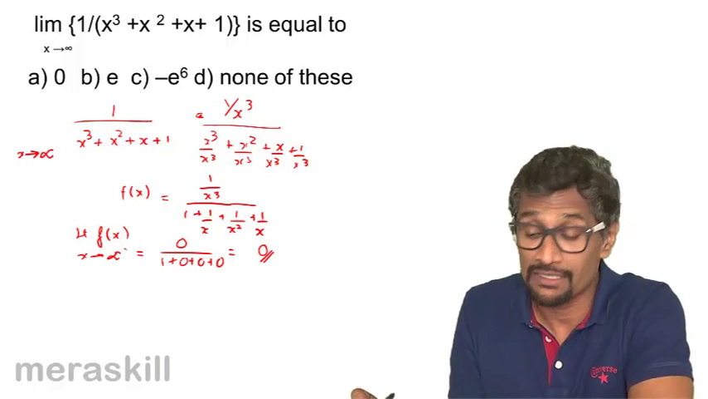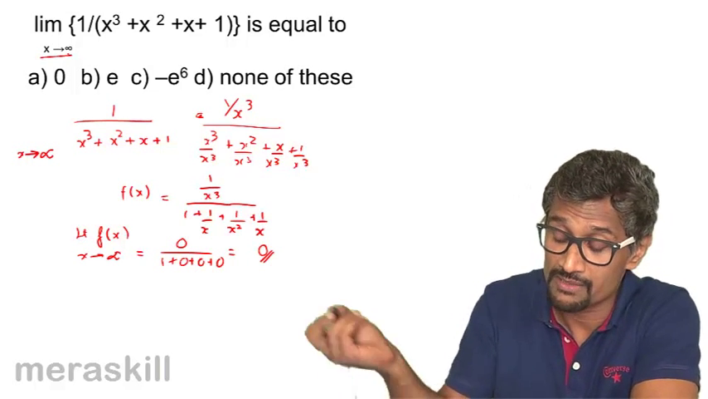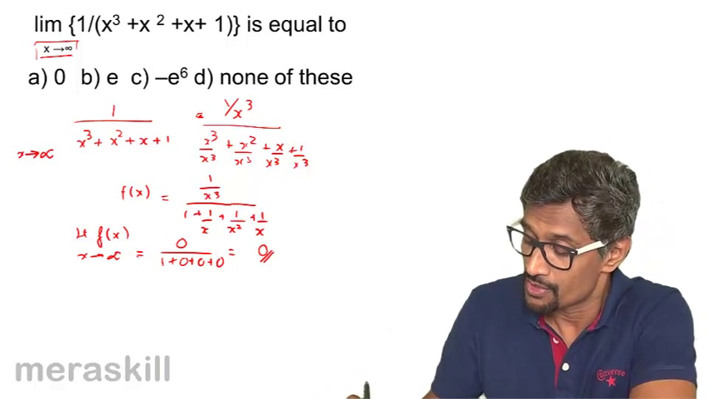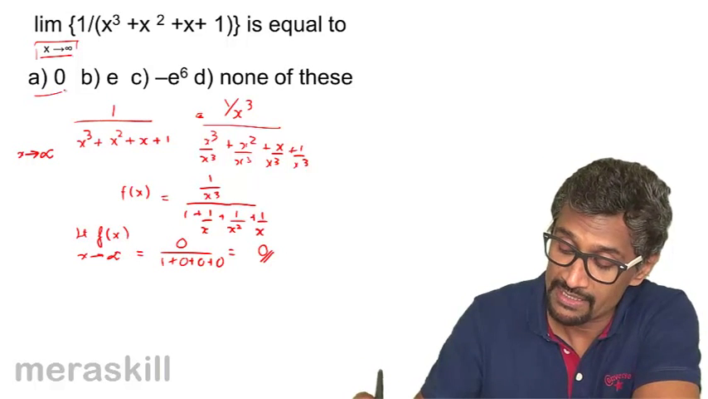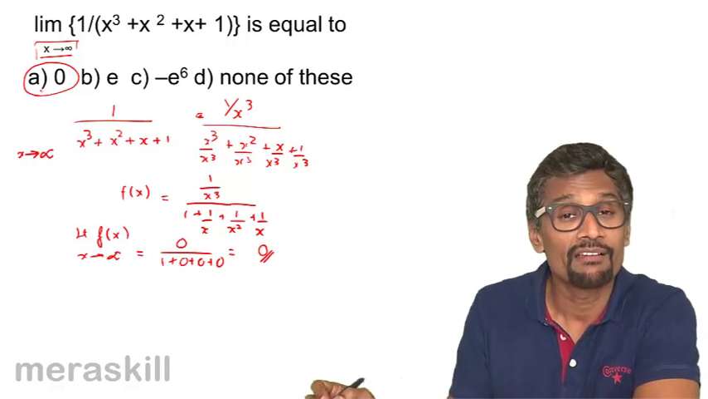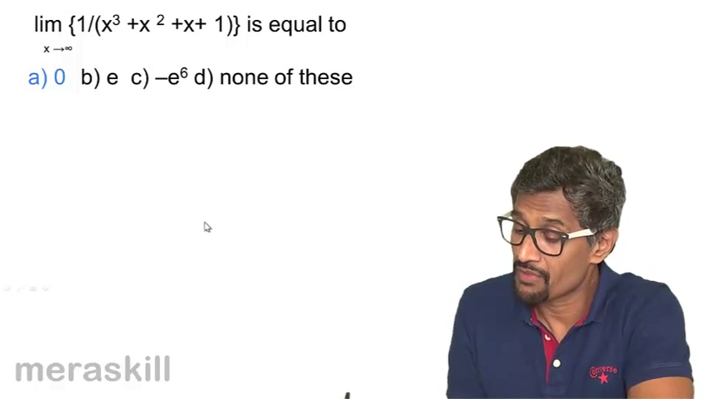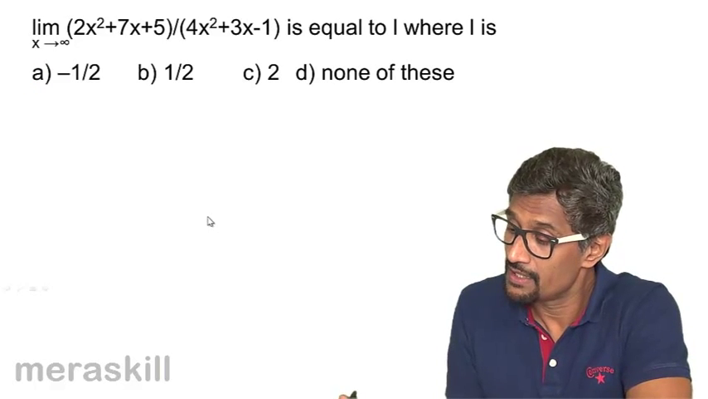infinity. Candidates have a tendency to skip this or miss this. So please see to it that what the variable is tending to. So that means the limit of this function as x tends to infinity is 0. Right. Okay. Furthermore on this,